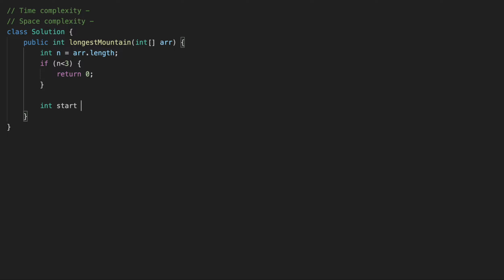So our start equals 0, our end also equals 0, and our max also equals 0. Okay, now let's go over our array. So what we are gonna do here, first thing, let's find our start. Let's move until we find our start. To do that, to find our start,